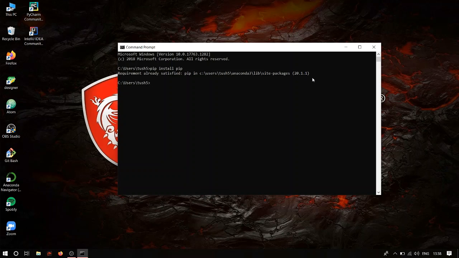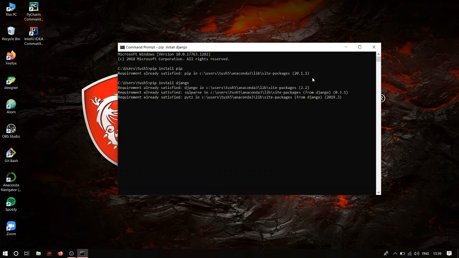So once you have downloaded pip or installed pip, the next would be to use this pip to actually install your Django, if I can spell that right. Install pip install Django. Again, both of these commands will be in the description, so you can just copy and paste it so that you don't make any spelling mistakes, and hit on enter. For me, it says requirement is already satisfied because I have already downloaded it, and I'm using Django version 2.2 as of now.